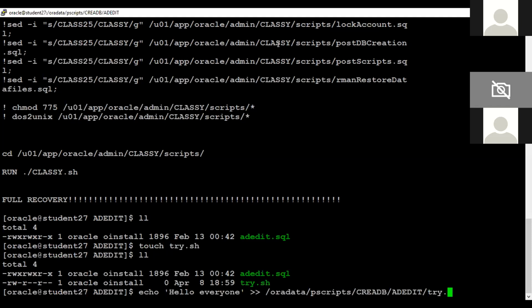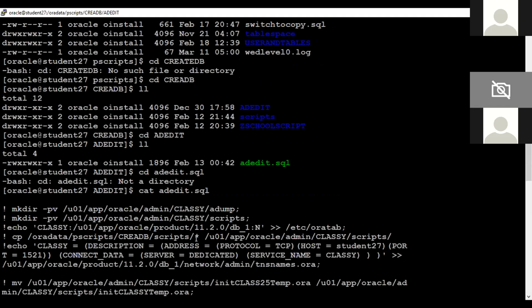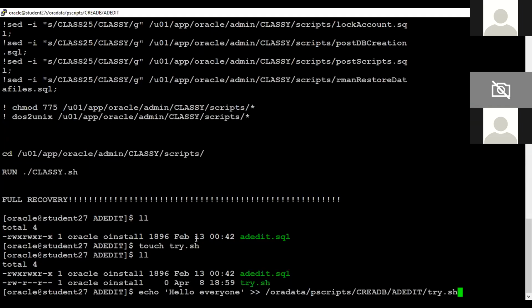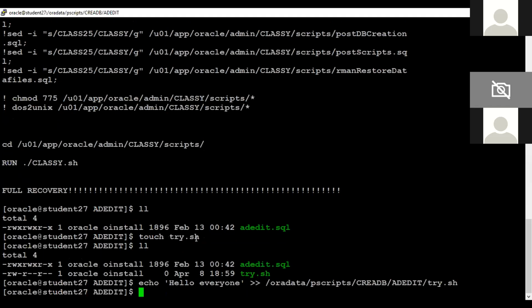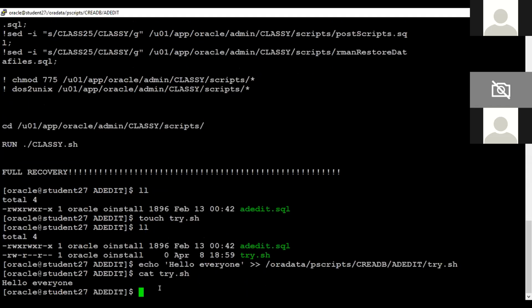Okay. That should be, let me check. Yes, that should be. Okay, you see, you just put echo, and then you put hello everyone, and then we enter the full path for that data file. Now let's try that shell. You see, we have hello everyone. So it only allows you to write whatever you want to write into a file,